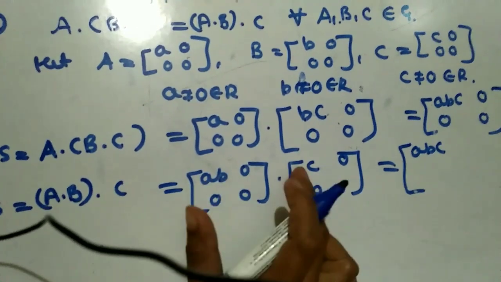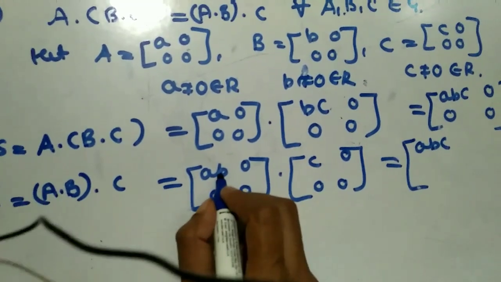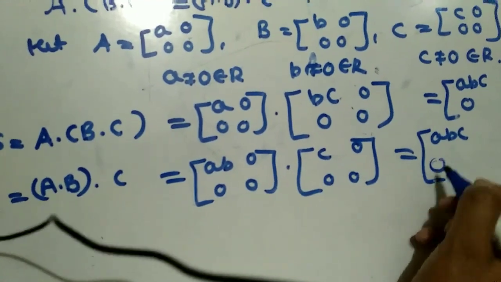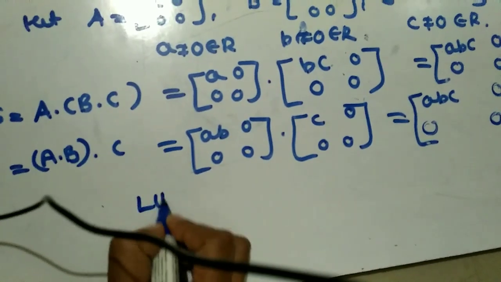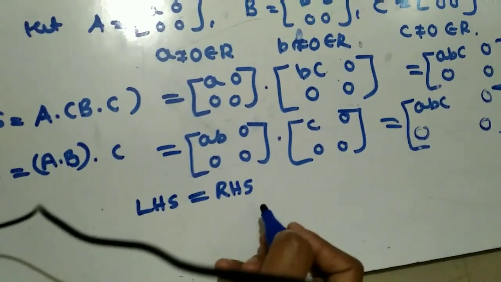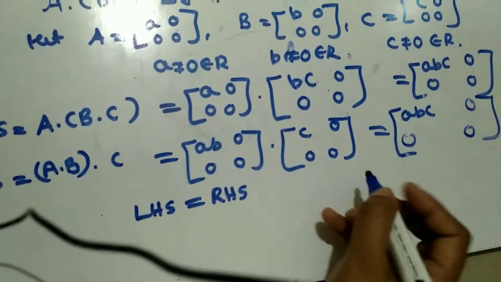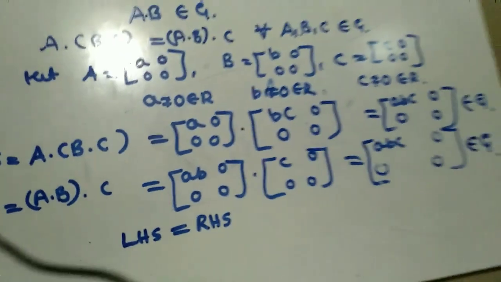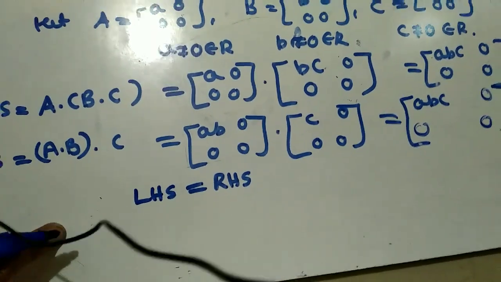Just look at here. AB into C is what? ABC. AB into 0 is 0, and AB into 0 is 0, plus 0 plus 0 is what? 0. So 0 into anything is 0, plus 0 into 0 is 0, and here also you will get 0. So here you will get your answer as LHS is equal to RHS, and your answer is ABC. Okay. So this also belongs to your G. Okay. So next we have to check the identity element.